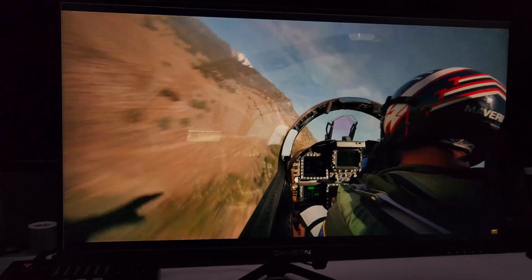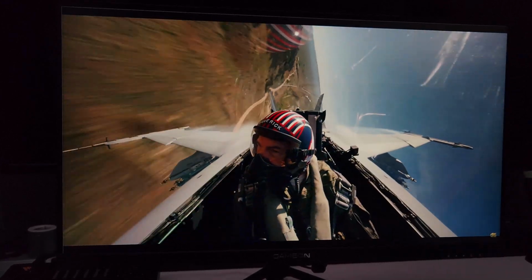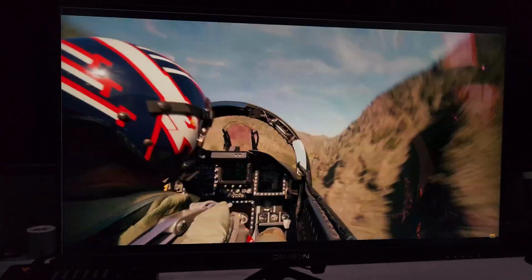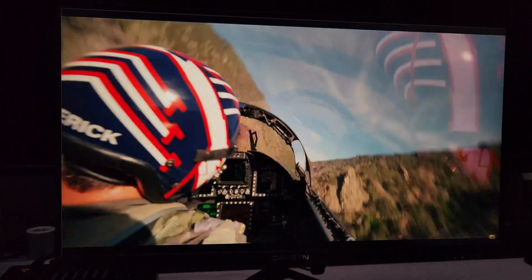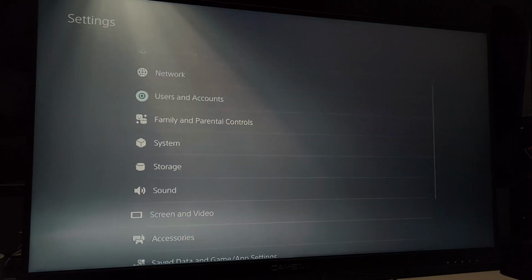However, the cost of all this resolution is naturally going to be the frame rate, so if you're planning to use this on a PC, make sure your hardware is powerful enough to get decent frame rates in the games you wish to play. Last but not least, I connected my PlayStation 5 and made sure I was getting 120Hz